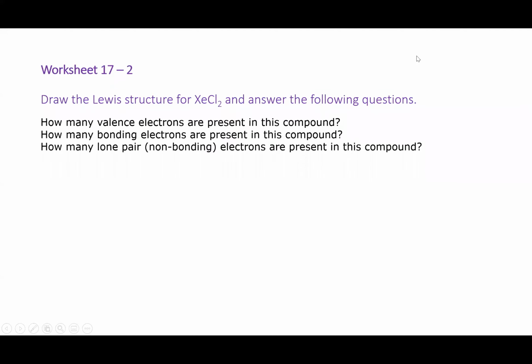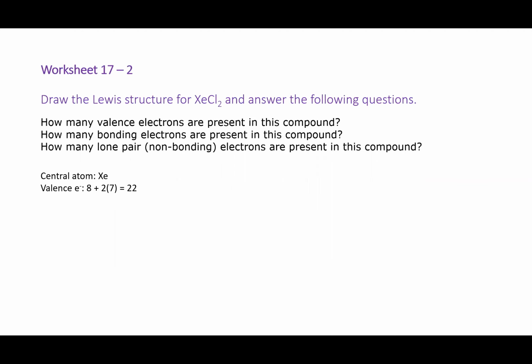For this question, we're being asked to draw the Lewis structure for xenon dichloride, and there are a couple questions that we will need to answer using this structure. So first, let's identify the central atom for xenon dichloride and also figure out how many valence electrons we have to work with. So our central atom is going to be xenon because it is less electronegative compared to